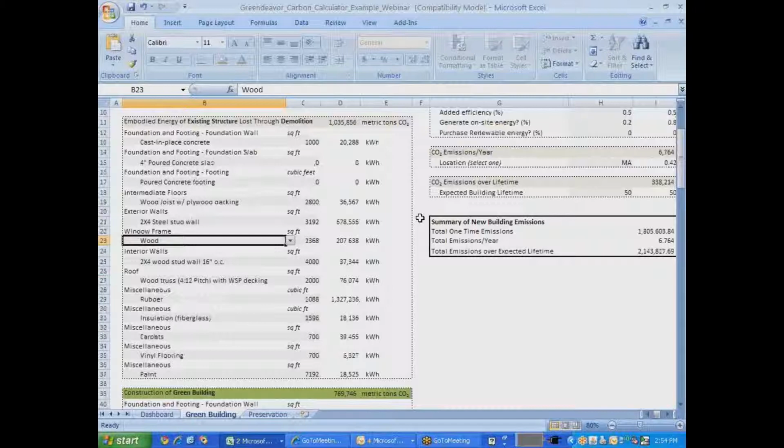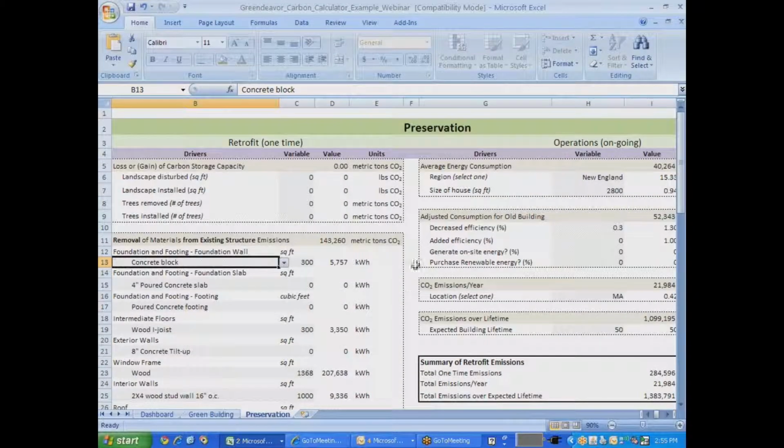Honestly, I think that's something that we're going to probably have to filter through. But because I want to actually record these questions, before we get to that, Sophie, do you want to continue with the rest of the model? Sure. So now I'm going to go over to the preservation tab, and